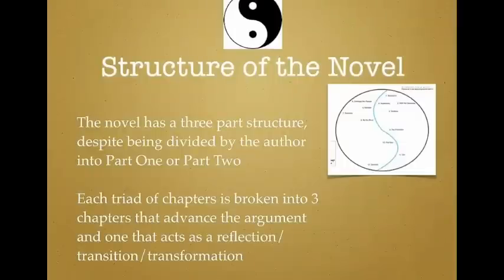First off, in the structure of the novel, we have a three-part structure. Now, the novel itself is divided into two parts by the author. Part 1 is chapters 1 through 4, and Part 2 is chapters 5 through 12. At least that's the way Hermann Hesse has it set up in the book. But most people who read it don't believe that that's the case. It should be